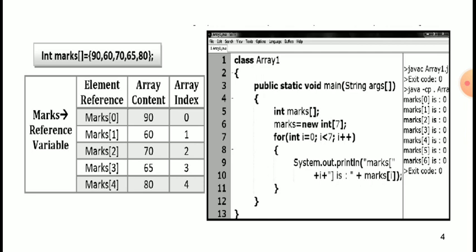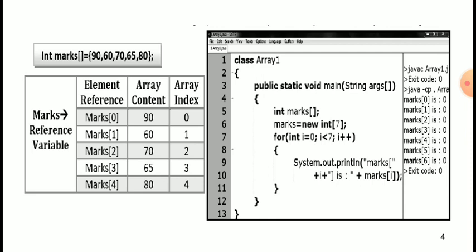Starting curly bracket, System.out.println("marks[" + i + "] is " + marks[i]); then end of the curly bracket for the loop, end of main and end of the class. So save your file as Array1.java and then compile.